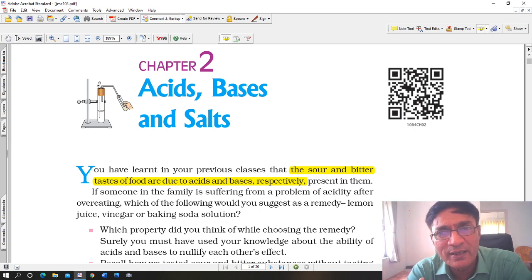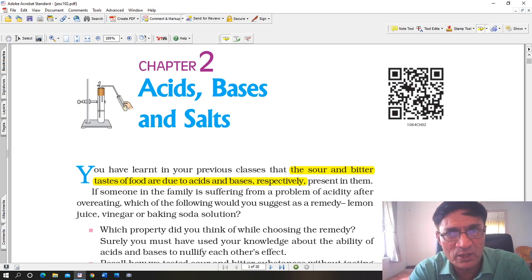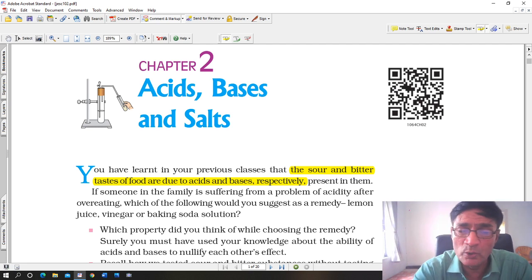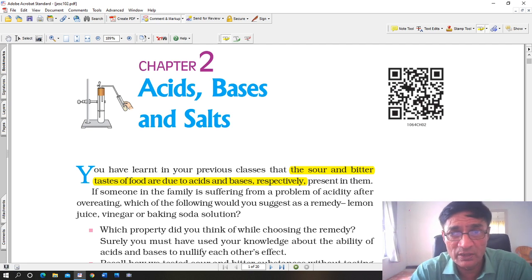In addition to that, I have given extra question and answers, some multiple choice questions, fill in the blanks, those kind of questions also, in addition to what is there in the textbook. So make sure you put in effort. As I have said, chemistry is all about hard work. Without that, you have no chance. I'm telling you very seriously. Physics becomes a bit easier, but biology, especially chemistry, is all about chemical reactions. You have to put in hard work.